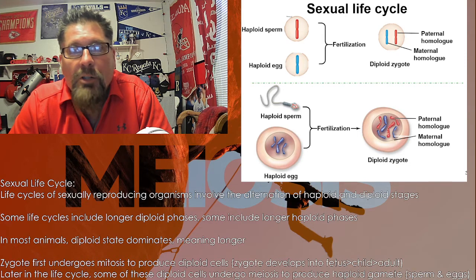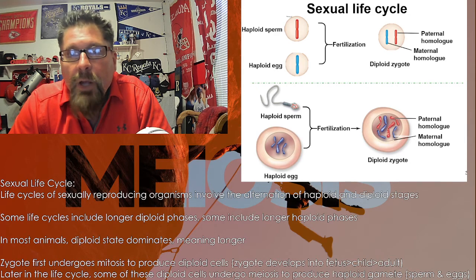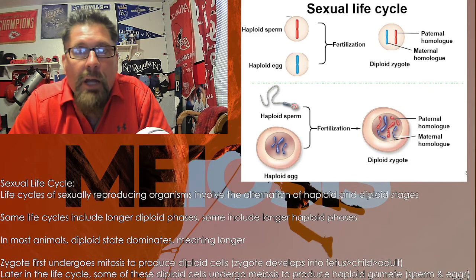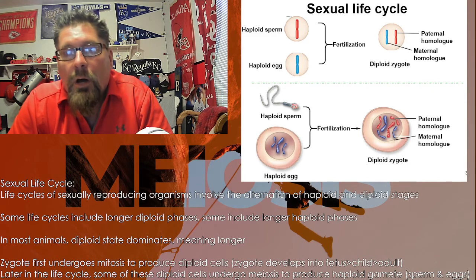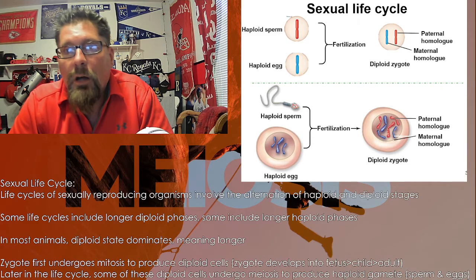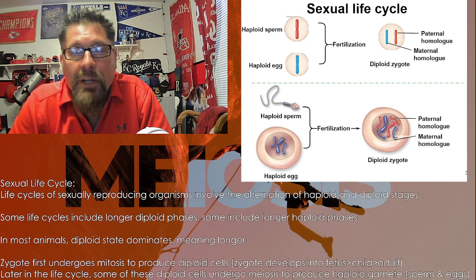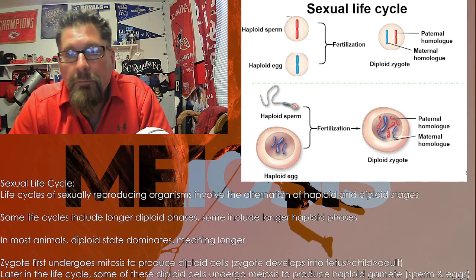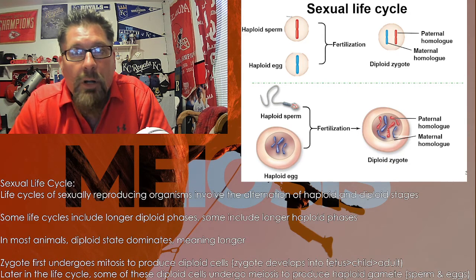We live our entire lives as diploid organisms, and it's only for the few seconds that it takes for the egg and sperm to start the process of the next generation. They're haploid, but once they come together, now you're back to a diploid, and that zygote, that offspring, lives its entire life as a diploid. So a much longer period of time is spent as a diploid organism. So we are in the diploid dominant